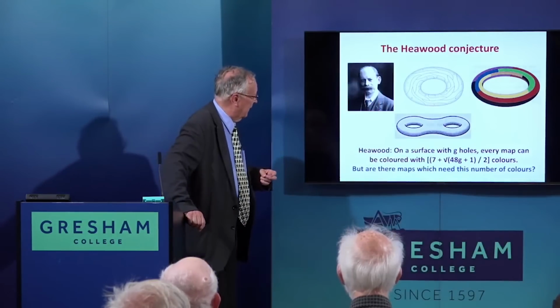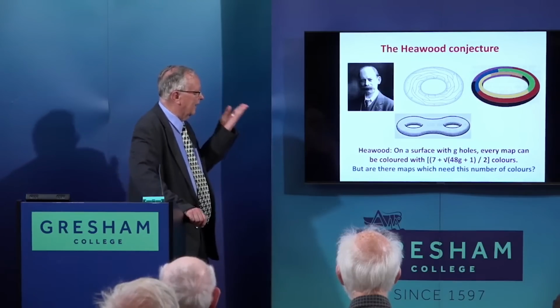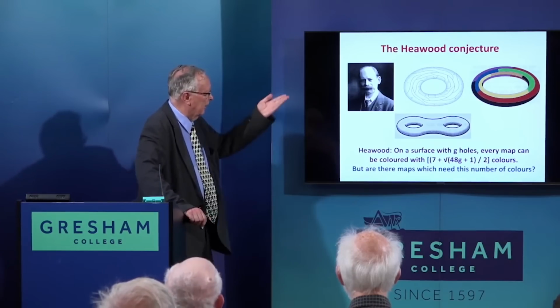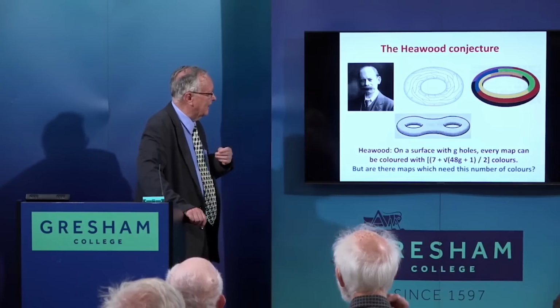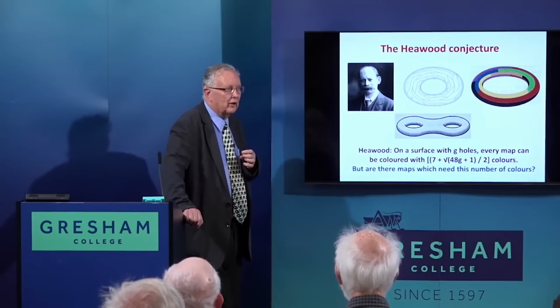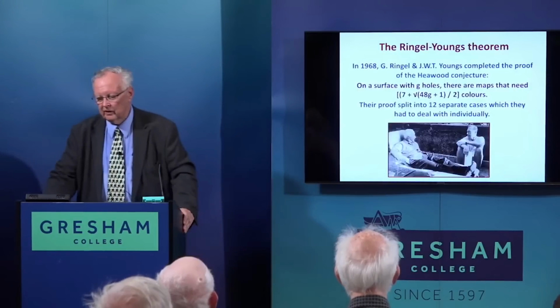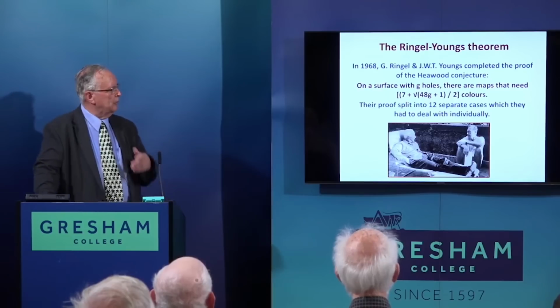So he actually managed to show that every map can be coloured with that number, but he didn't actually show, apart from the torus, that there are maps which actually need that number of colours. And to prove that was called the Heawood conjecture. So I'd like to end up by telling you slightly, this is the last slide, that can you prove that,